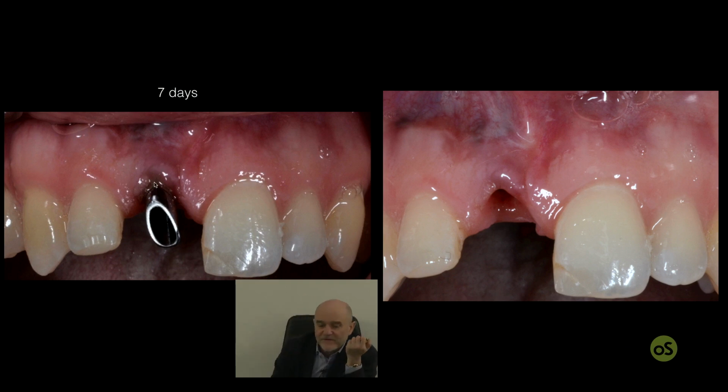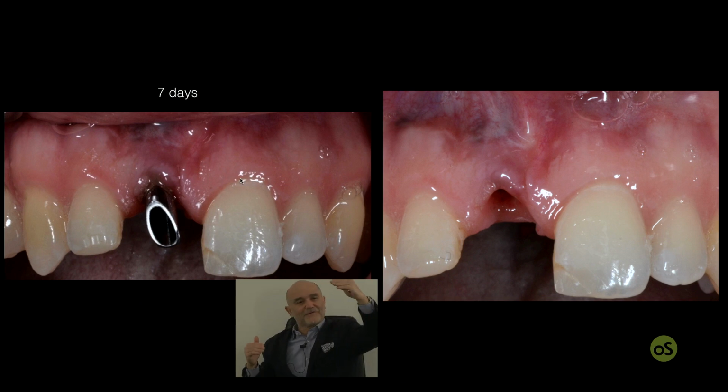Why? Because it's a very smooth, clean surface that is favorable for the growth of the soft tissue above it. And you can see that in only 1 week's time, the alignment between the soft tissue margin of the previous crown and the level of the soft tissue margin of the adjacent tooth is almost completely